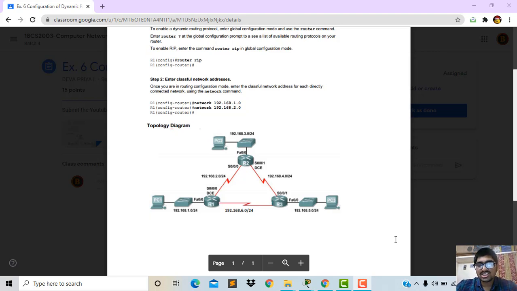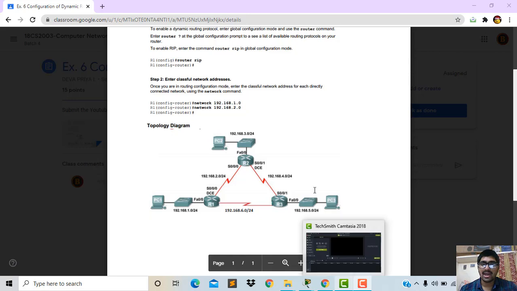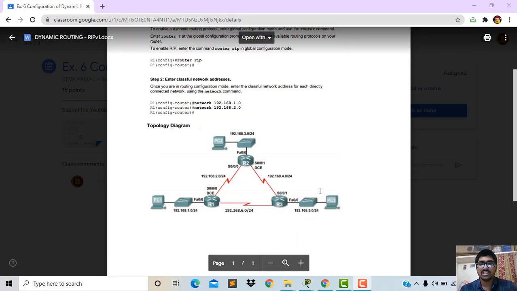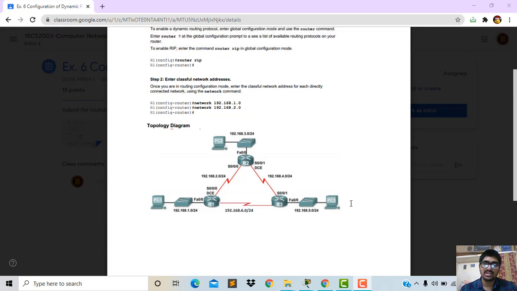And we all know that if the internet speed is high, it takes less time to reach the destination. Static routing always chooses the path according to what the user has given. But dynamic routing chooses its own path, the best path to reach the destination. The user cannot select the path for the packet to go to the destination. It automatically chooses the best path and gives the information to the user.